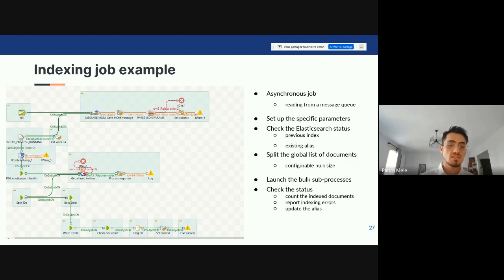So as I was saying, this is extremely helpful, as it's easy to maintain and it's easy to create. We can see we have different parts here that we can reuse, and we have generic jobs. We can easily parameterize them based on the index we are using. So as we have many indexes, we have a single job that takes care of all of them.